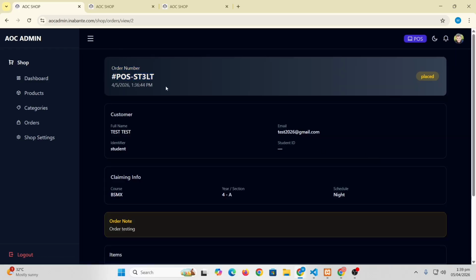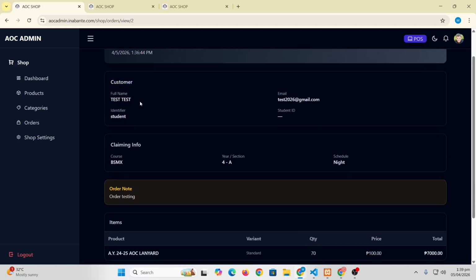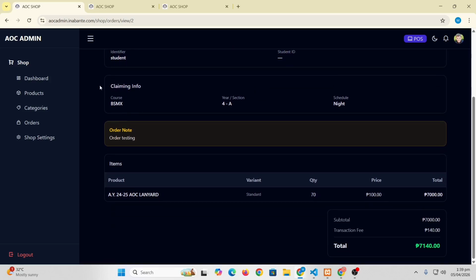So here is the order number, and it was ordered on April 5, 2026, 1:36 p.m. Okay, and customer full name, identifier, he's a student, so email, and claiming info.